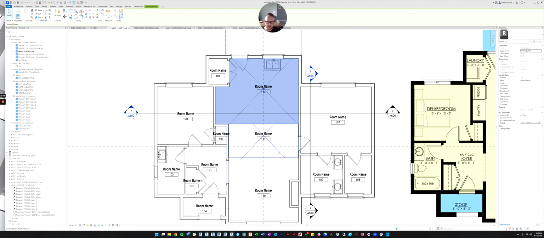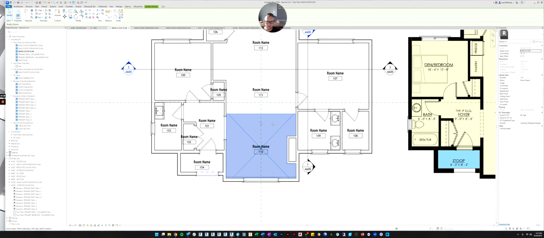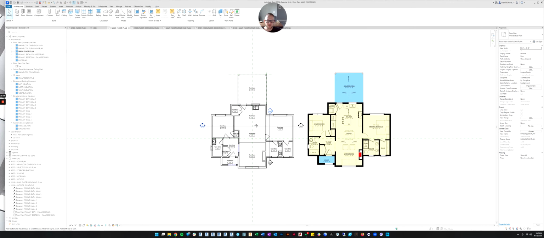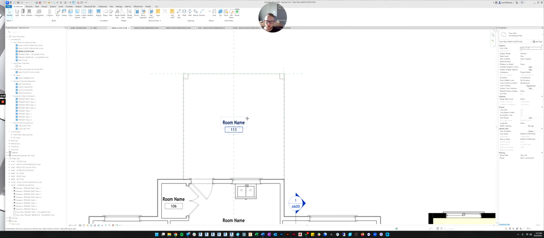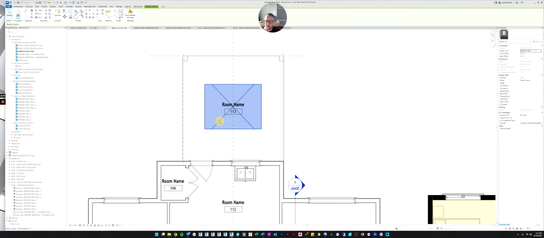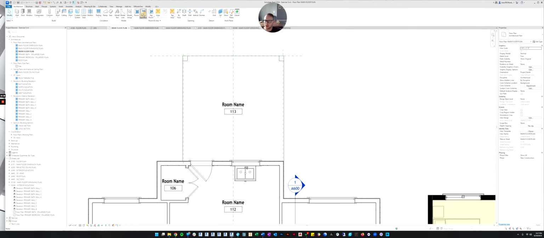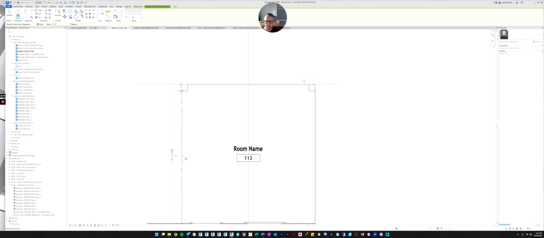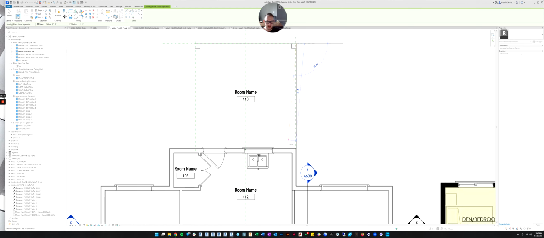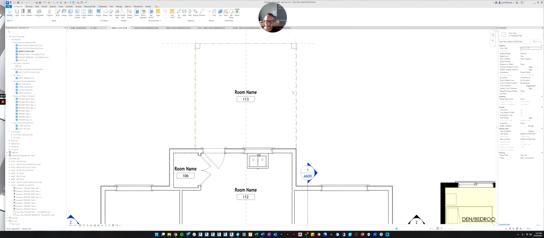And then if I come back here to select this room, it only highlights that area. And then the dining room now only highlights that area. So now everything's been separated. So that's great. Now we want to fix this problem. We'll also go to the room separator again, and we're just going to draw a border around that, and then click OK.